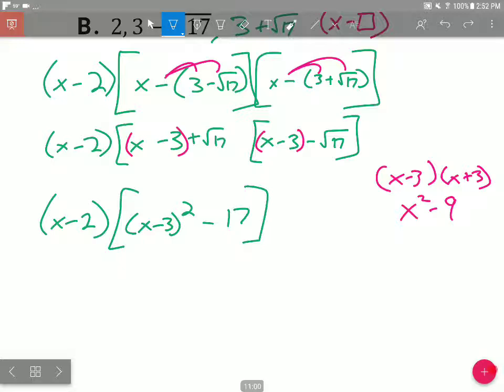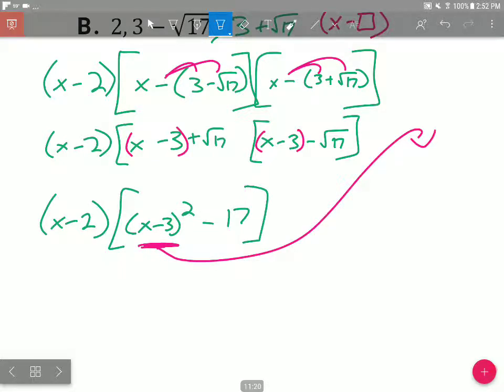From here, honestly, if you've made it this far, I hate to say cakewalk, but it's downhill from here. It's everything you've done before, nothing new. What I'm going to do is basically start multiplying everything out. Just do your PEMDAS. Start inside and work out. So I'm going to multiply this x minus 3. Square it. So I'll go over here. x minus 3